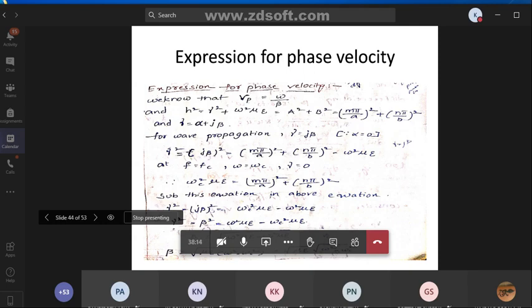So at f equal to fc and omega equal to omega c, gamma equal to 0. From the cutoff frequency definition, gamma equal to 0 at f equal to fc. So at cutoff frequency, that's why I have taken omega c square, omega c square mu epsilon equal to m pi by a whole square plus n pi by b whole square. So in place of this m pi by a whole square and n pi by b whole square, we are substituting this omega c square mu epsilon, right?